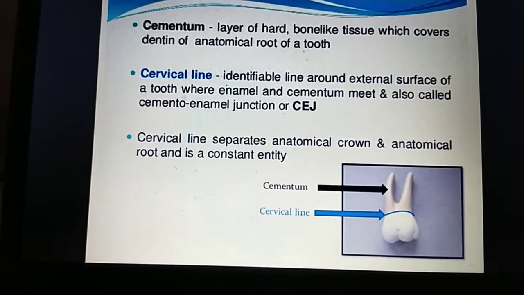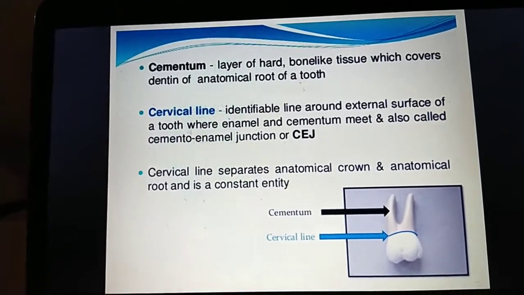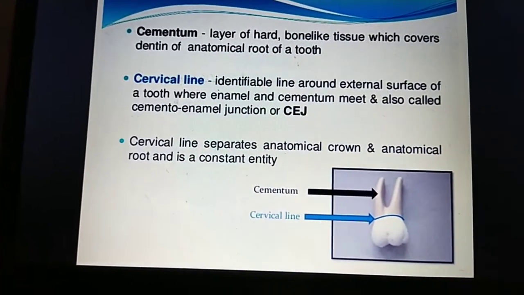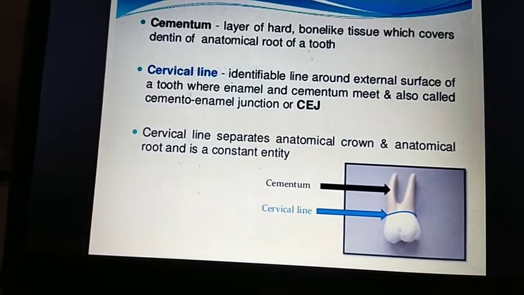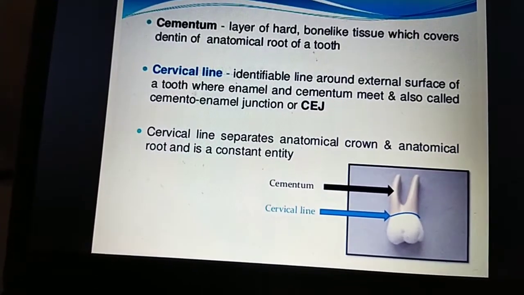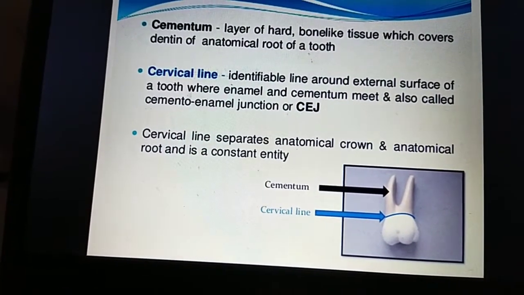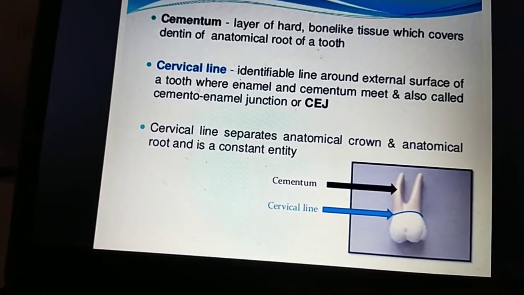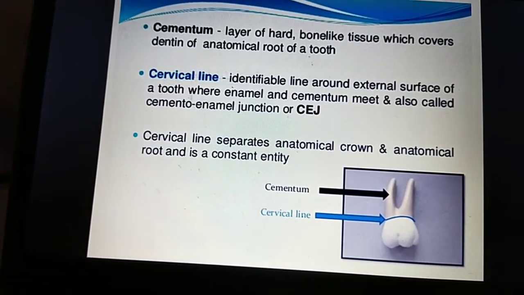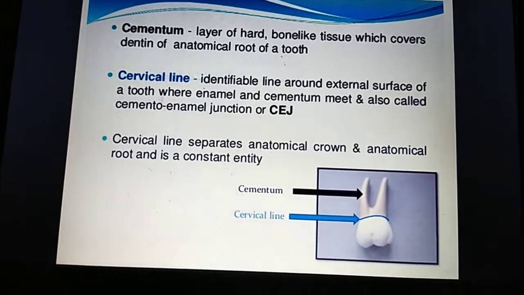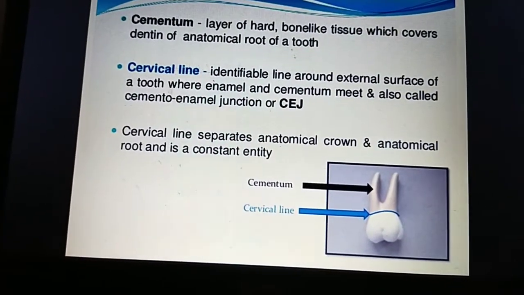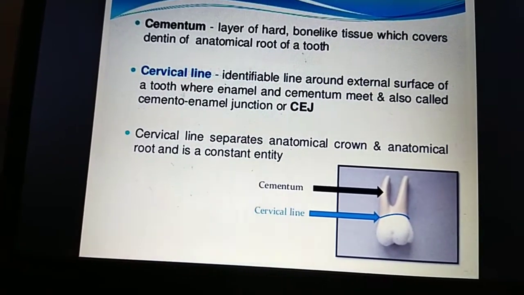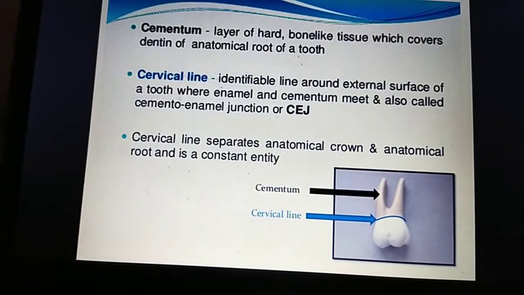Okay, cementum is the substance that covers the root of the tooth, which you can call the clinical root. It is also very thin and not as hard as enamel, but it has a similar hardness to bone, and it is made of cells known as cementoblasts. It is a specialized bone-like substance covering the root of the tooth.